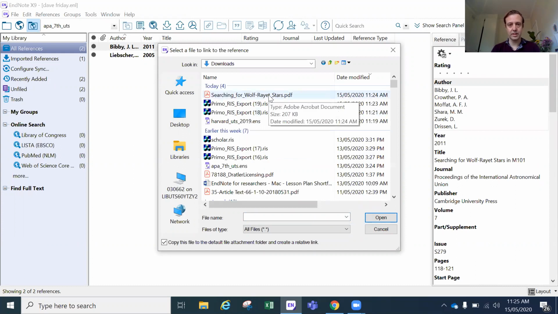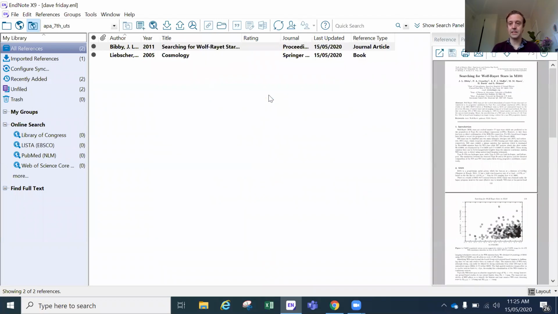Searching for Wolf-Rayet stars. So just like you're attaching a file to an email, you go and find it, double click, and there it is over there on the right. So let me just show you how you would sort of lock all of that work in place and save it. If you click out of this area, searching for Wolf-Rayet stars in your library area,